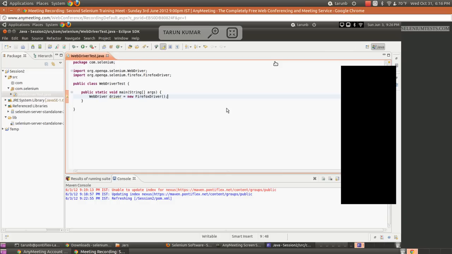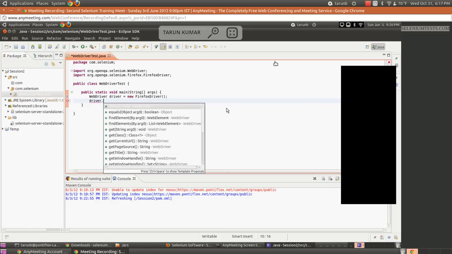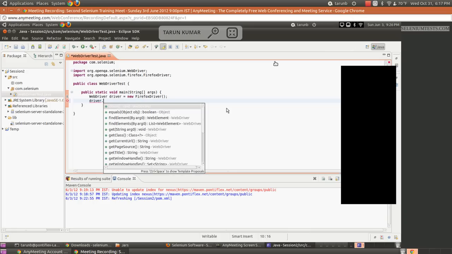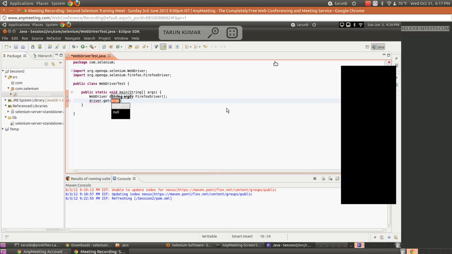I have assigned it to WebDriver and not the Firefox driver kind of object. Now let us launch the URL. We can do that using the driver instance which we have created. If you write driver here and then say dot, it will give all the methods which are available. We are going to use the method called get, which is to launch the browser.